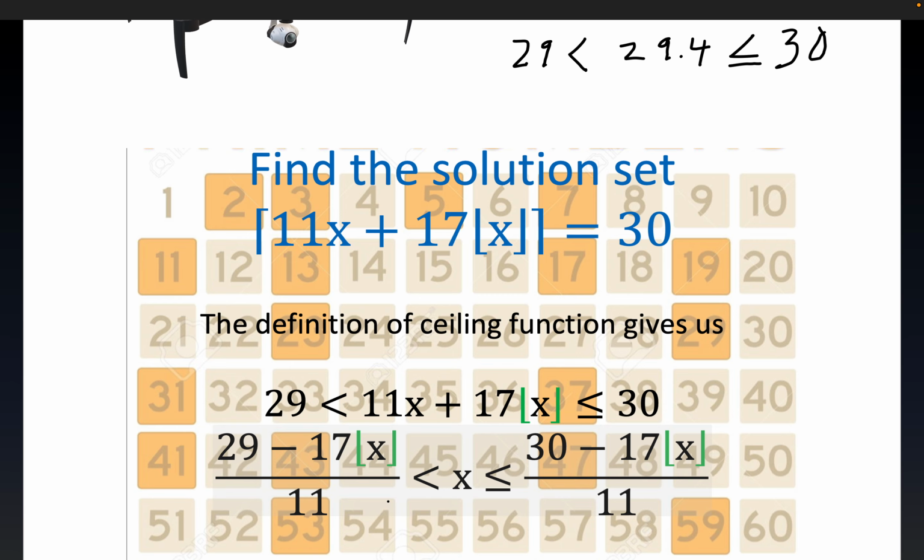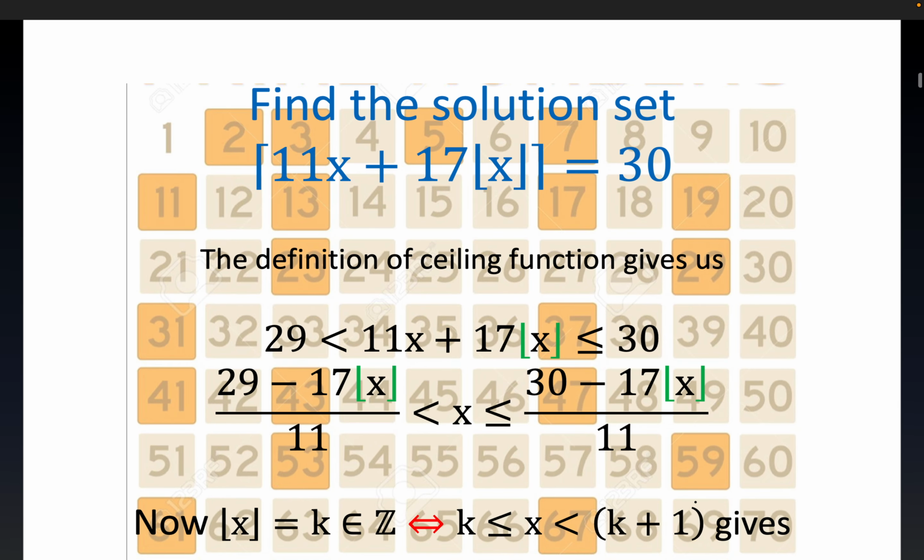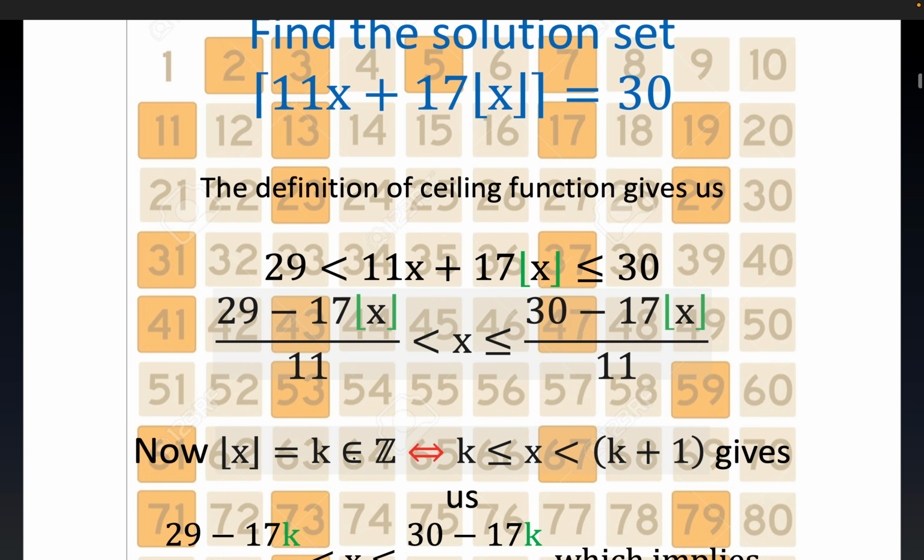What did I do here? I just did some algebra right here, it looks like. Yeah, folks, I did some algebraic manipulation to get this to happen, right? I got the x isolated because we are seeking the solution set, right? But we still have the floor function to deal with, and the best way to do it that I know is just to appeal to the definition of the floor function. And we get this statement, which is similar to the ceiling statement, except the inequalities are a little backwards